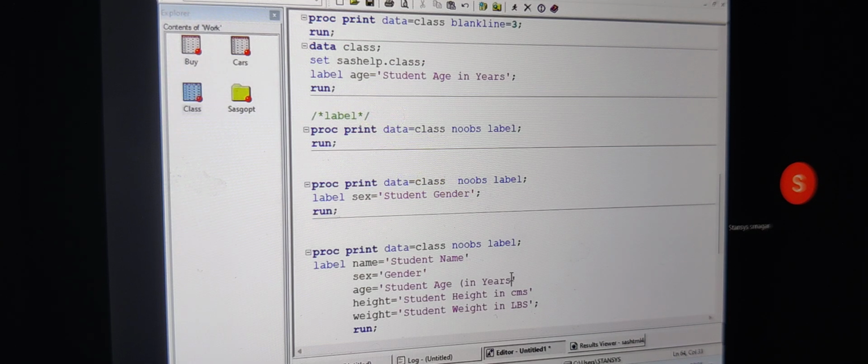Is it special characters in the labels? What is the length of the label we can write? Up to 2